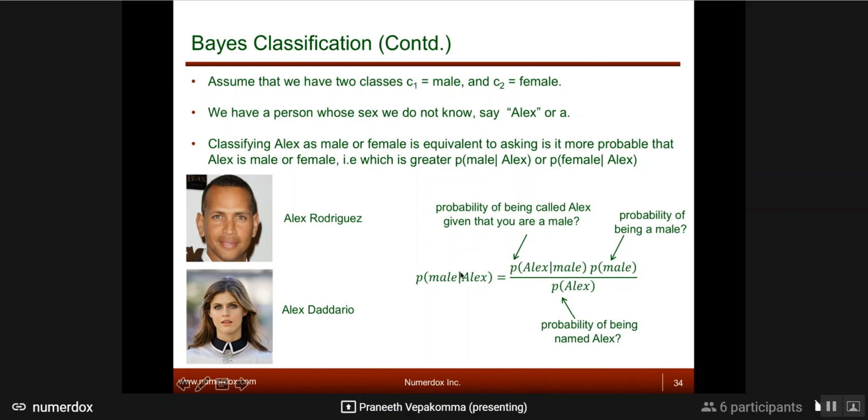It's a theorem. You can prove this again. You'll have a set of steps, like the law of total variance. You want to get the true proof of it. But the application of the Bayes theorem is the Bayes classifier. So you compute this. How do you compute the probability of Alex given male? Given male, the probability is 1 because you know that if it is male, there's only one person.